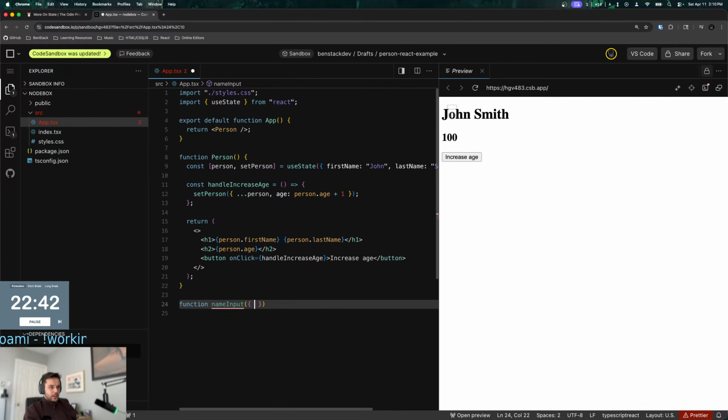And then I'll pass it a label and a handle change function, right?